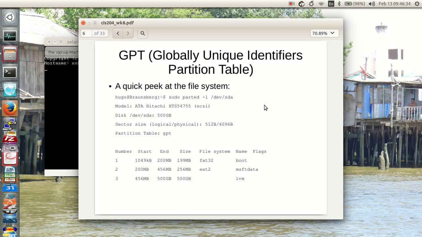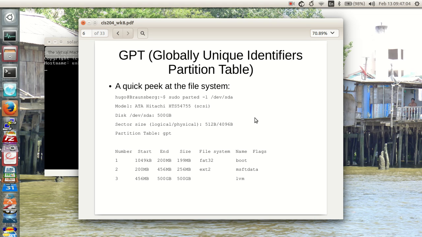The GPT, the GUID Partition Table, is sitting out there. If I did this, basically sudo fdisk -l on /dev/sda, it shows me that it's an ATA Hitachi. It's a 500 gigabyte device. It shows me that the logical sector size is 512 bytes and the physical size is 4K.